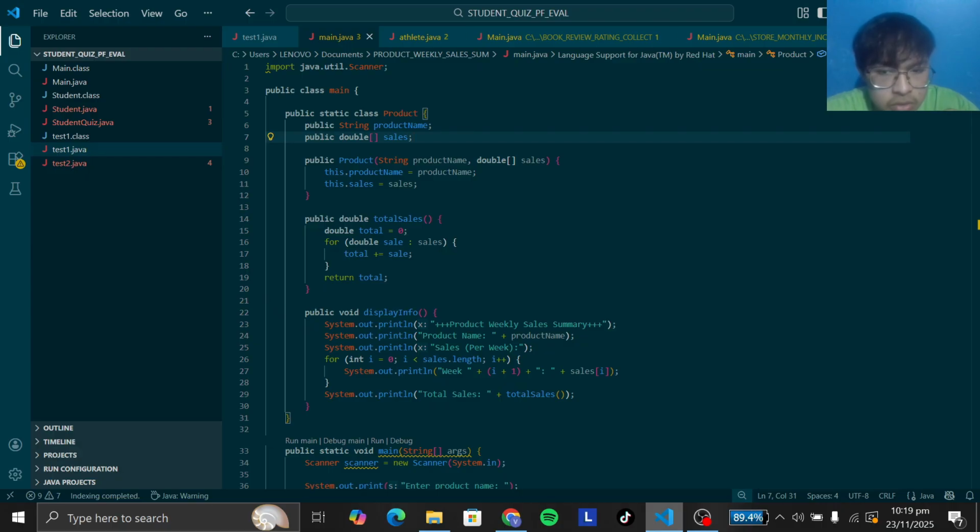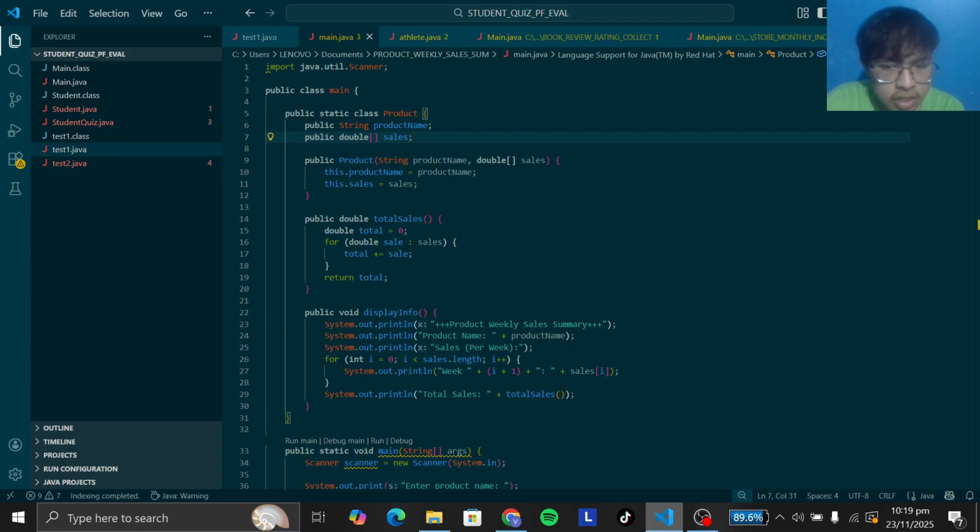It has two attributes: productName, which stores the name of the product, and sales, which is an array of doubles representing sales for 4 weeks. Using a separate class improves organization because it groups all related information and behaviors for all products into one logical structure.